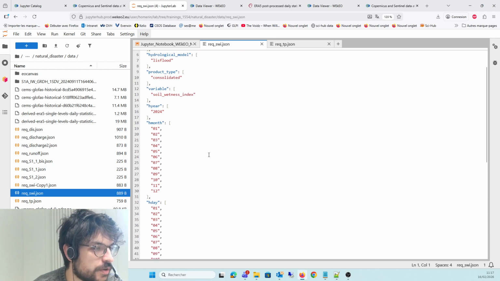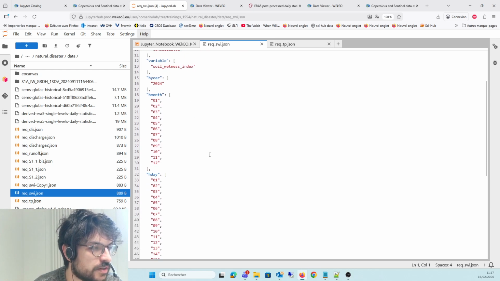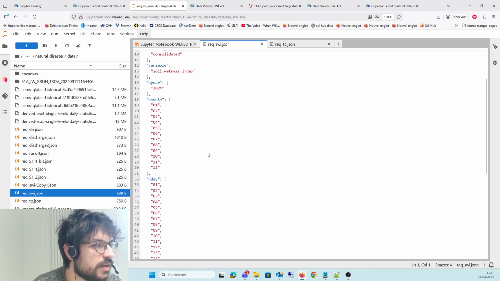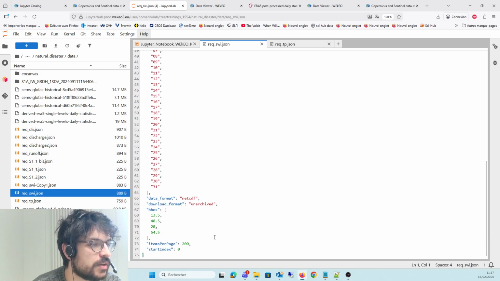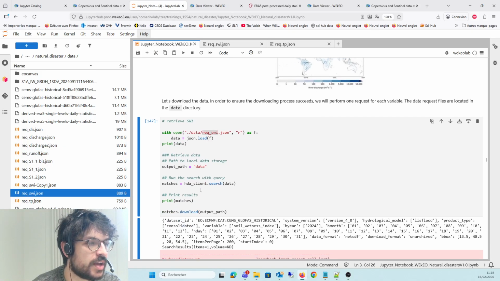This is more secure in terms of network and downloading. And you can see that we still have, well, different items because it's a different product. You should be able to build this request using the data viewer, but you can of course use them as they are now.